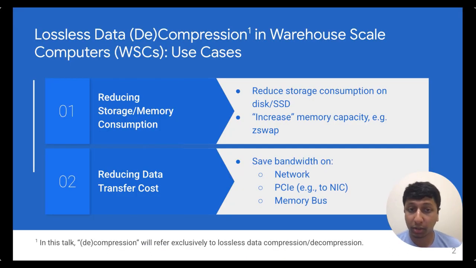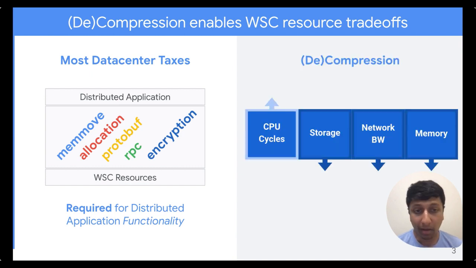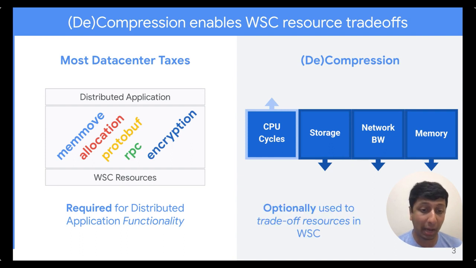Lossless data decompression and compression are used widely in warehouse-scale computers, primarily for two use cases: to reduce storage and memory consumption and to reduce data transfer costs. Compression and decompression are unique amongst the data center taxes because, unlike most data center taxes that are required for distributed application functionality, compression and decompression are used optionally to trade off resources in warehouse-scale computers, like CPU cycles, storage,